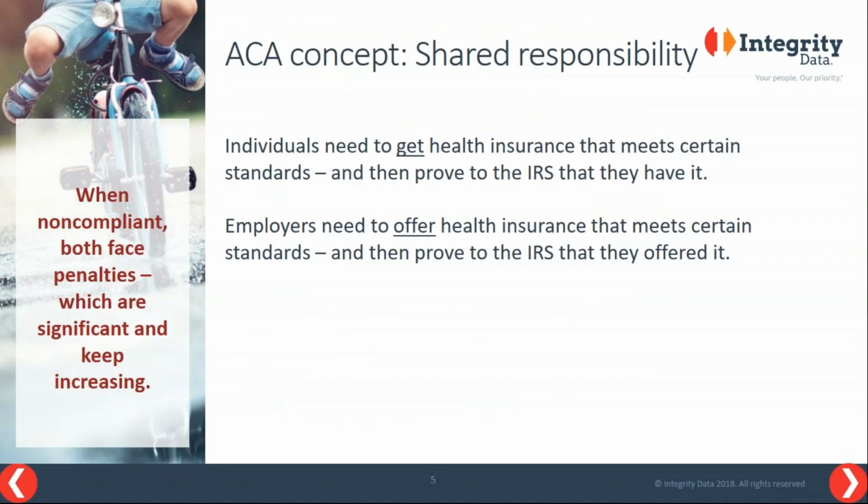So now the second concept. Shared responsibility is often overlooked in the Affordable Care Act. Architects of the ACA tried to use independent forces, assuming that the interplay of 2 forces working towards their own interest was the fastest way of getting everyone enrolled in health coverage. So individuals and employers have shared responsibility. This means that every individual filing a tax return must prove they had health coverage for the entire year for themselves and dependents or face a penalty. And employers who meet the ALE threshold must offer health coverage to all eligible employees or face a penalty.